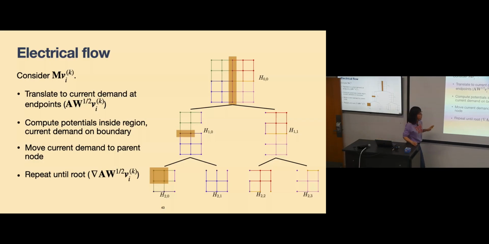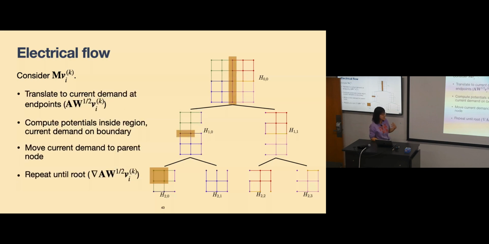At this point, we basically have information at these interior vertices, which are called eliminated vertices, but long story. Essentially, these sets are disjoint, right? And at every node, we have some voltages. It's not real voltages, but it is a summary of voltage information. And after we get to the root, this is equivalent to having done this part of the computation, which is half of m times vi. And then for the other half,